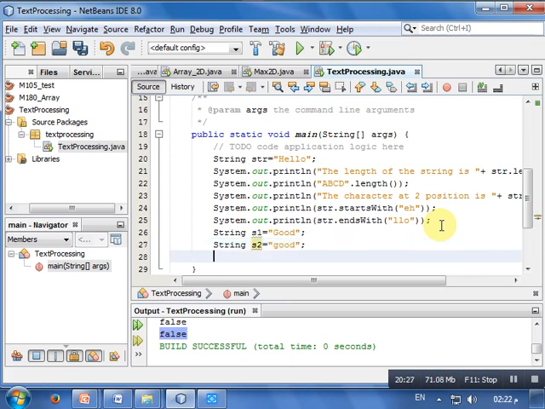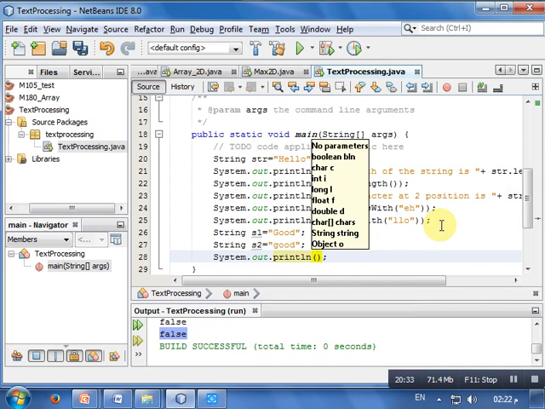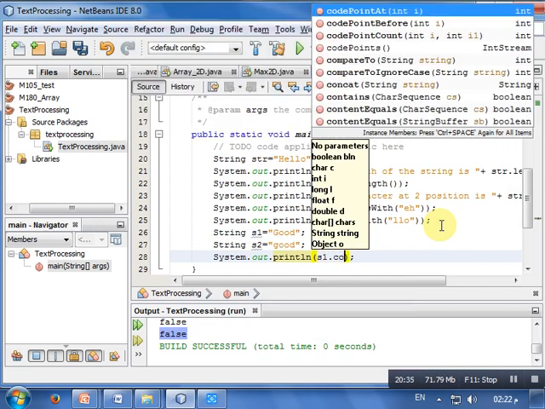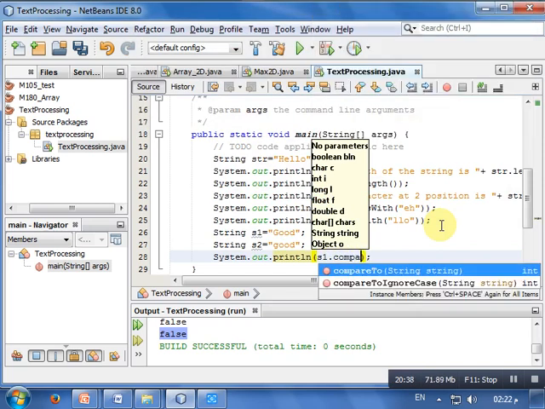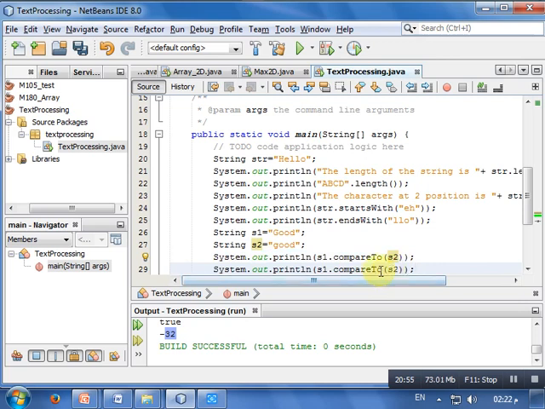Now I'll check. First I'll print the difference, the comparison of S1 dot compare to S2. Now it should get a negative value. So we said we should get a negative value here, that is minus 32. Now if we compare S2 with S1,